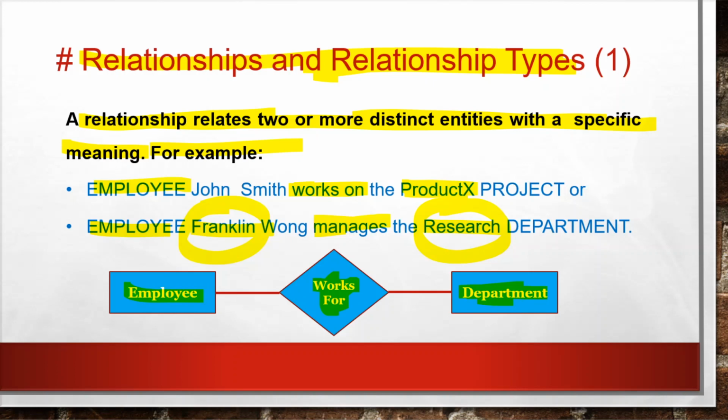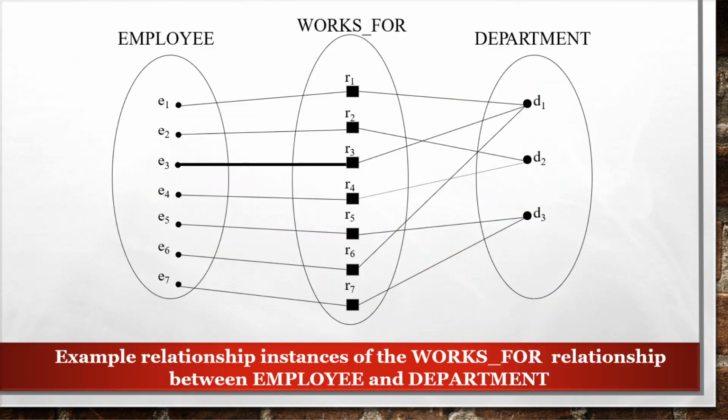Here we need to write manages, so you can correct it. This relationship is manages, not works for. So an employee manages a department. This is the type of relationship, and this is how the entities are linked through the relationship, and relationships are represented using diamond boxes. Next we have the detailed description of representing the relationship. So here we are representing the works for relationship between the employee and the department, or the manages relationship.